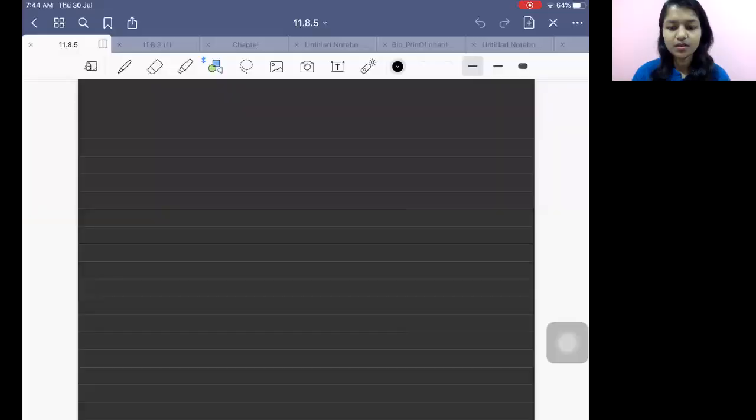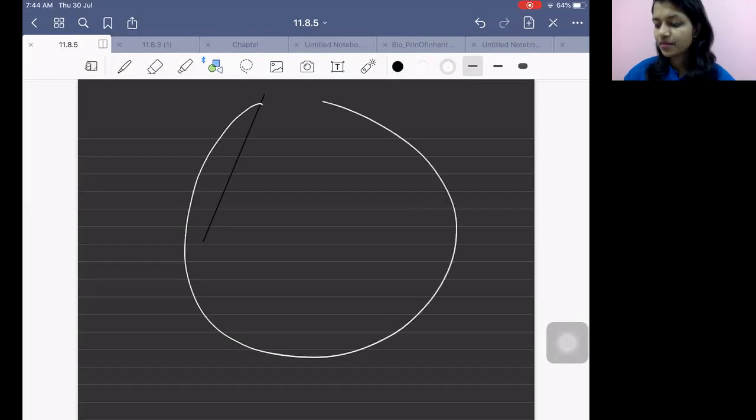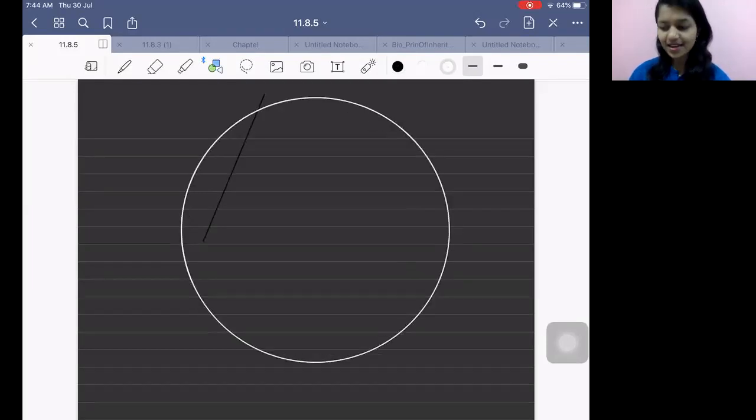So today we are going to deal with the topic vacuoles. All right. So yes, what are we learning? We are learning vacuole. So let us draw one cell. Let's say this is a cell. Now in this cell, what do you have? Everything what you get in cell, that will be there, right?